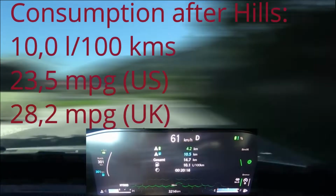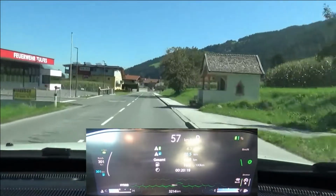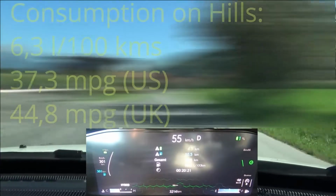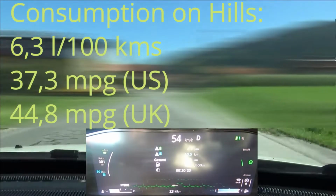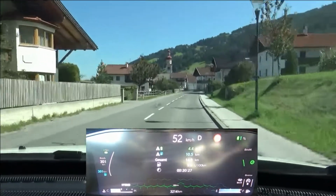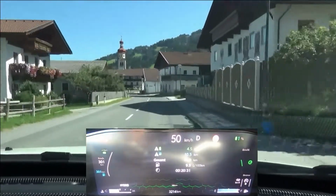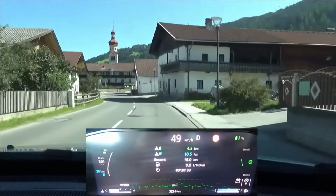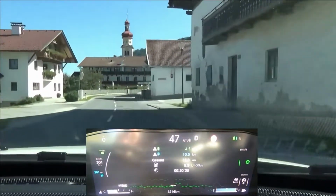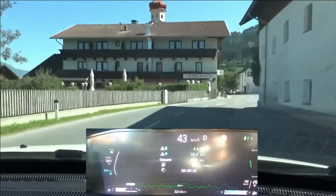At the end of the hilly section, we have 10.0 liters per 100 kilometers. What I noticed here on this section is that the switch between the modes happens very smoothly and quietly. Kudos to the engineers for this. On the way down, we benefit from the bigger battery compared to a full hybrid, as we have enough capacity to store all the regenerated energy, whereas with a full hybrid, the smaller battery would be fully charged probably before